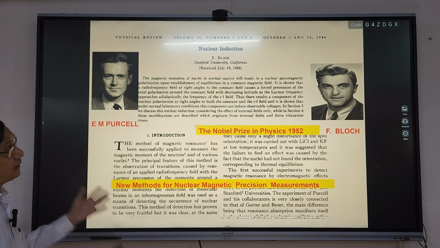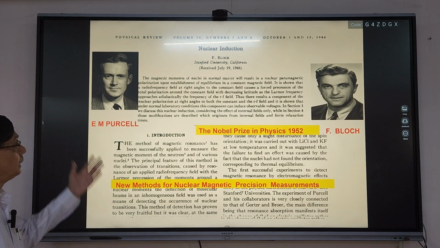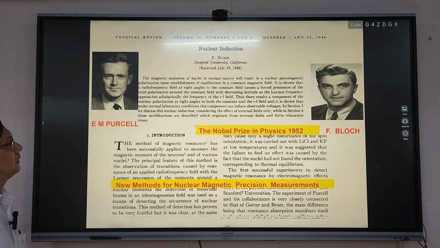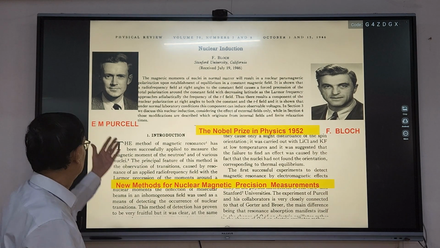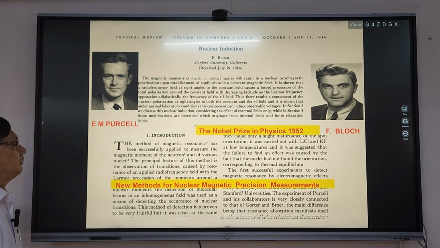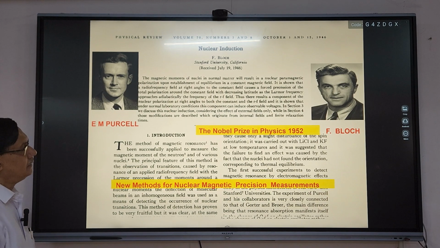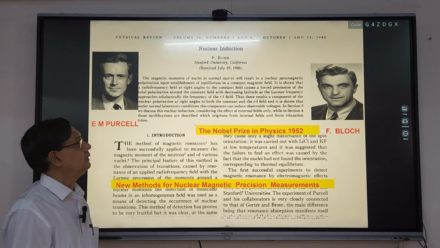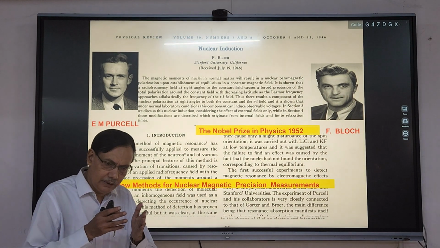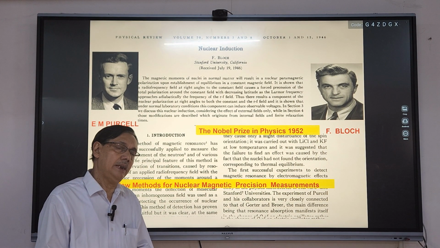So we always mention these two great scientists, Professor Bloch and Purcell, because they won Nobel Prize in Physics in 1952, and fortunately still for studying the NMR